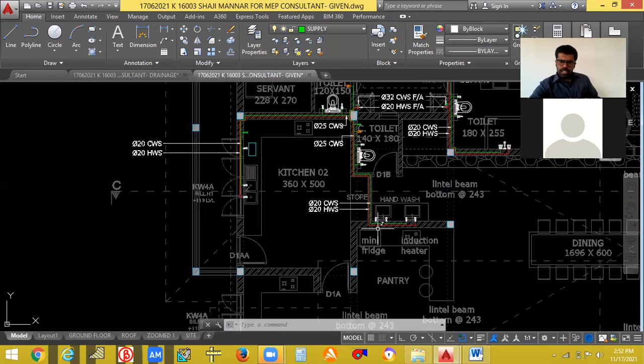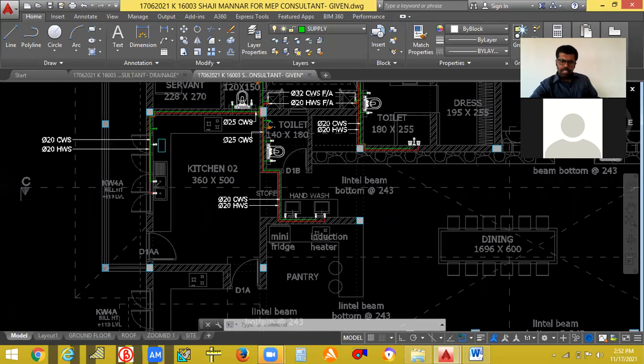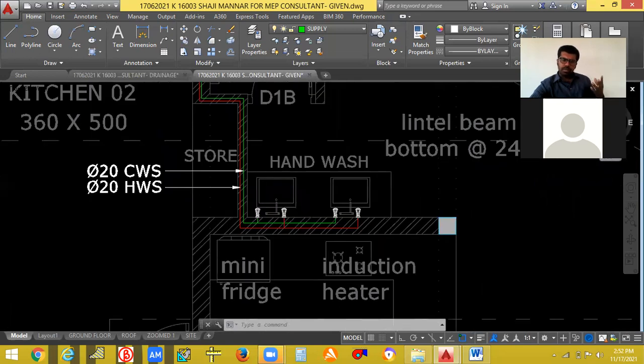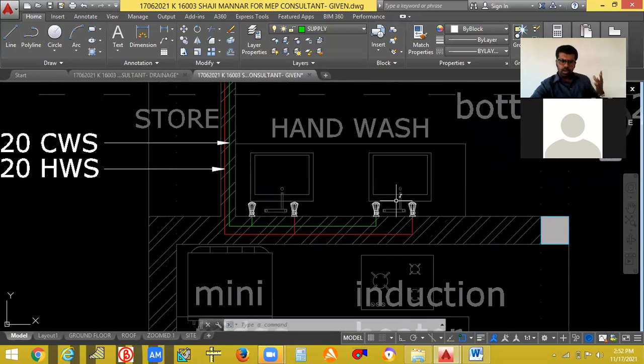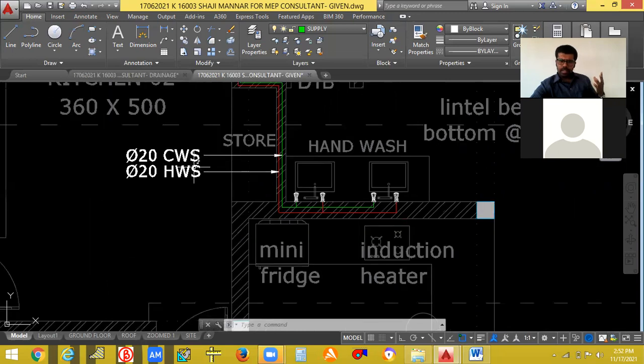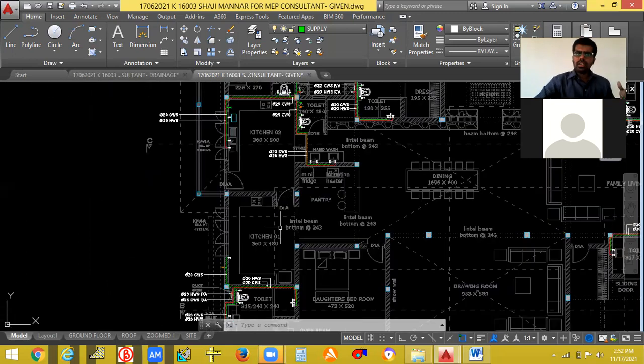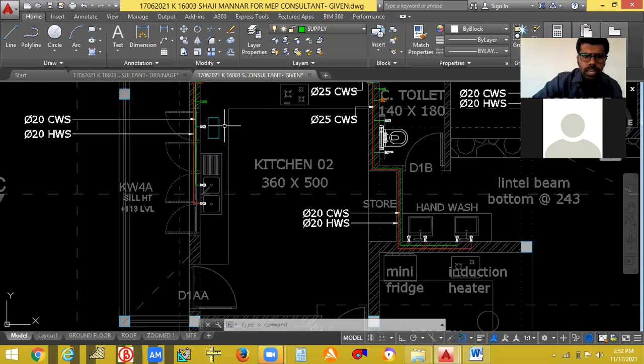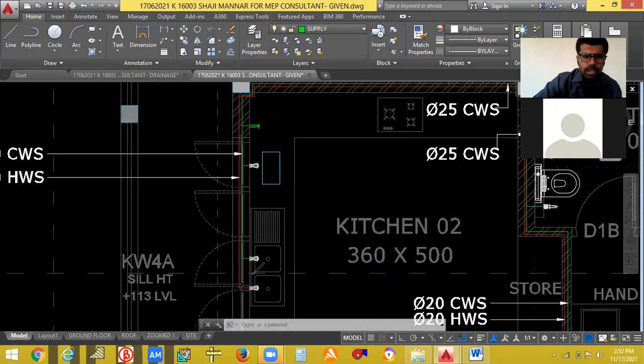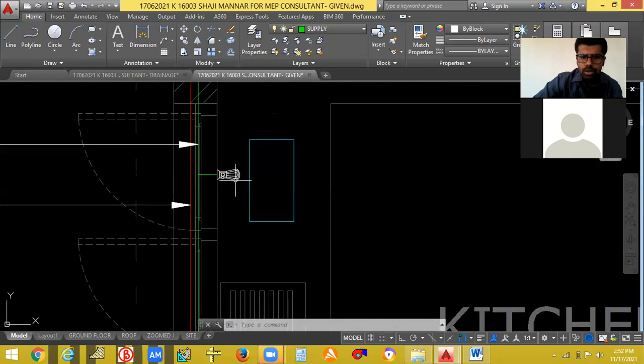So this is the dining hall, 2 wash basins are there. So wherever you have to give the points, hot water and cold water, give the pipe separately. So wherever there are fixtures, try to give. You have to give cold water and the hot water supply. Just route it and give it. So if you want to give a purifier, you can give a purifier also here. Okay, and give a valve also. This is a purifier. Okay, I have already given here.